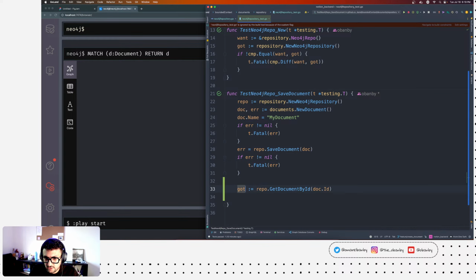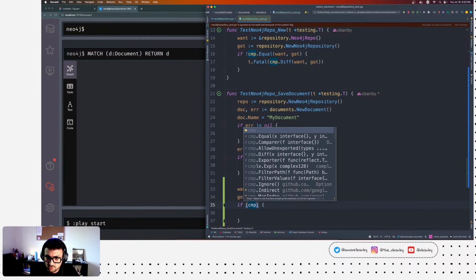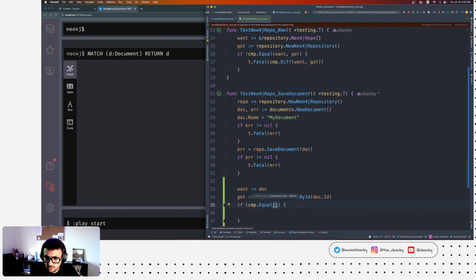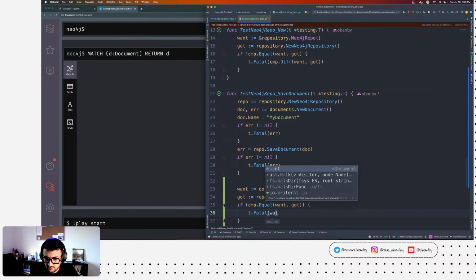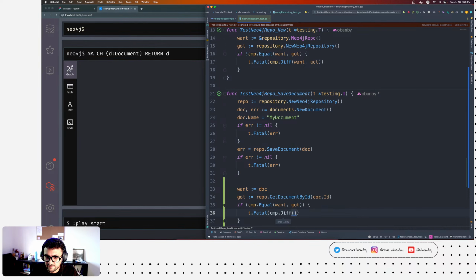You know what? That's fine. So typically, we use that here. Okay. So if want is not equal got, then we return an error, right? And what we can do is we can compare the equal want got. Actually, we can even do better. We can do compare the diff want got.